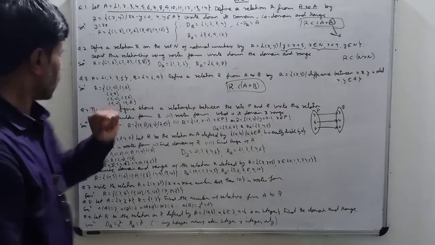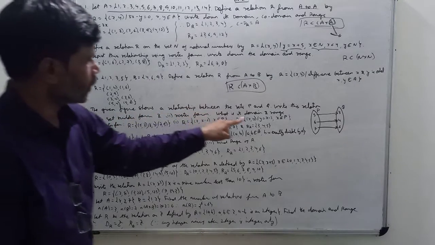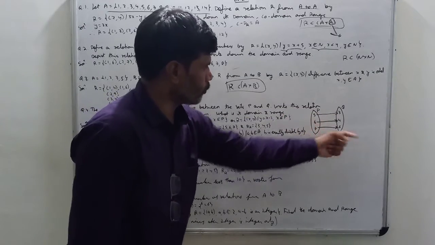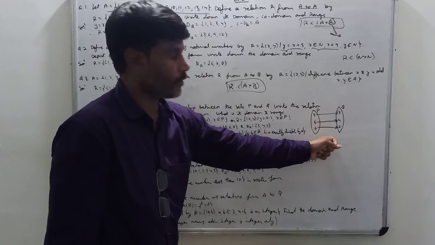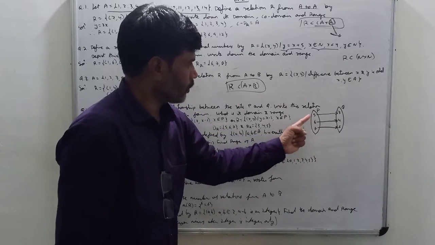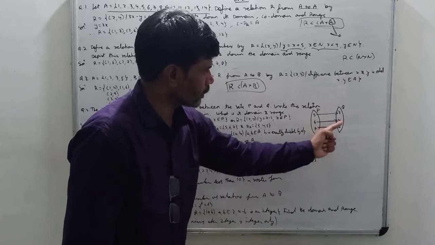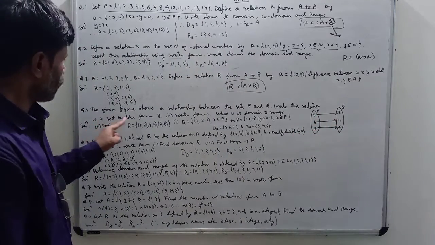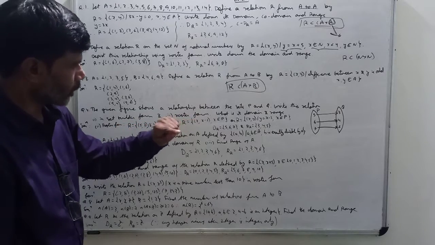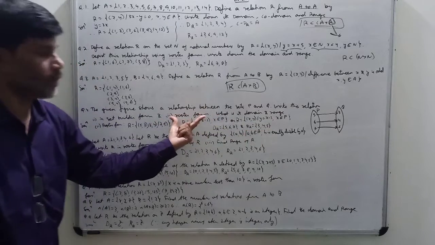Define a relation R. Okay. The given figure shows the sets P and Q. This is a figure from P to Q, and arrow marking is also there. This is known as an arrow diagram of the relation. Okay, 5 is related to 3, 6 is related to 4, 7 is related to 5. What they are asking: first you have to write in set builder form, second in roster form, and the domain and range. So first I am doing the roster form.